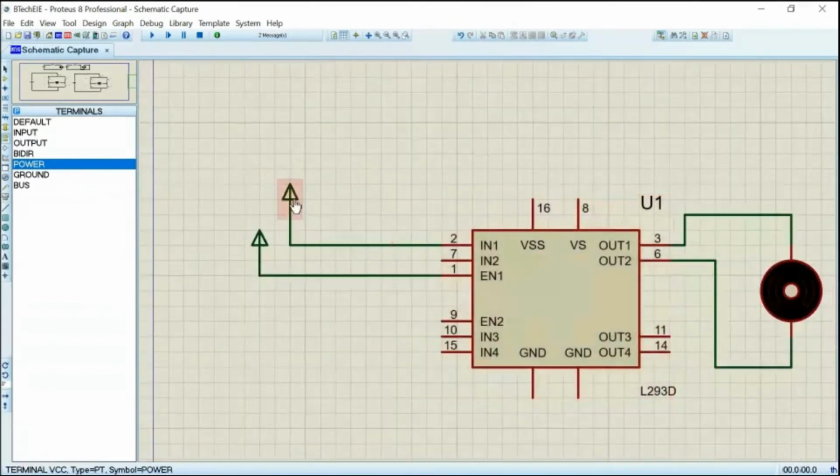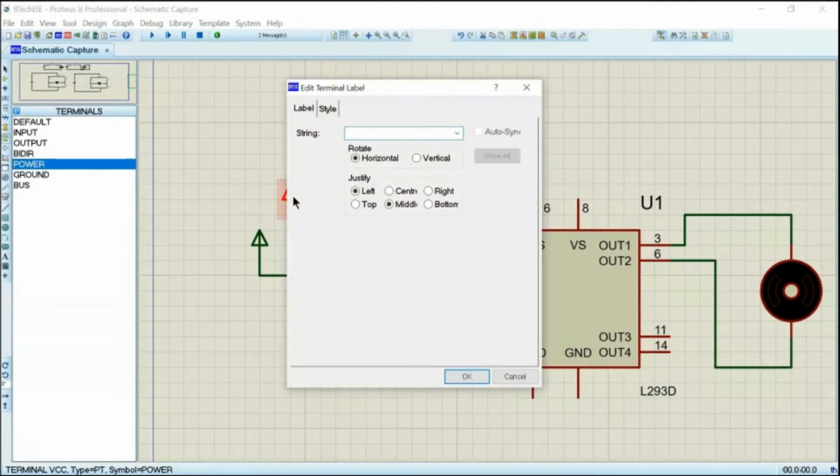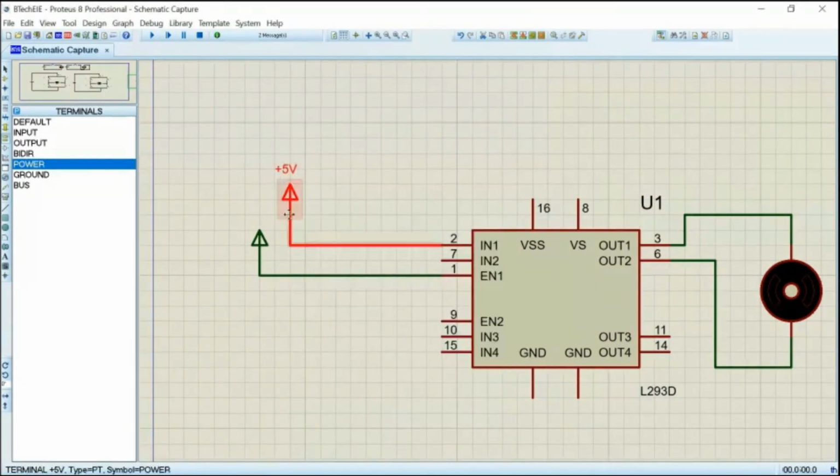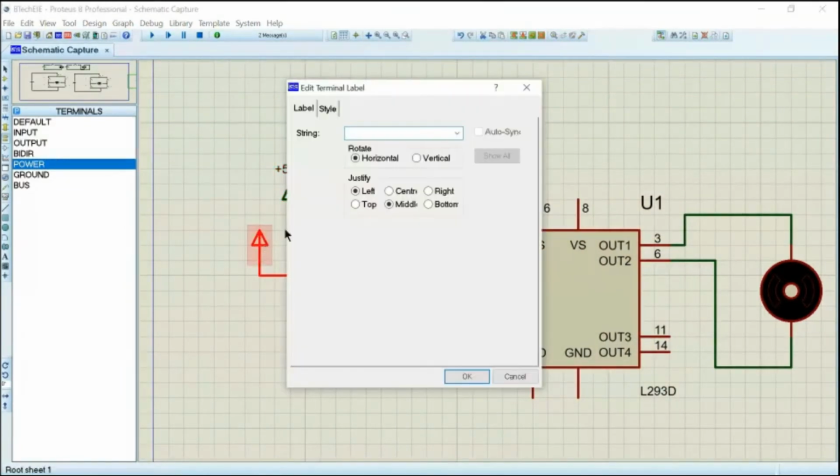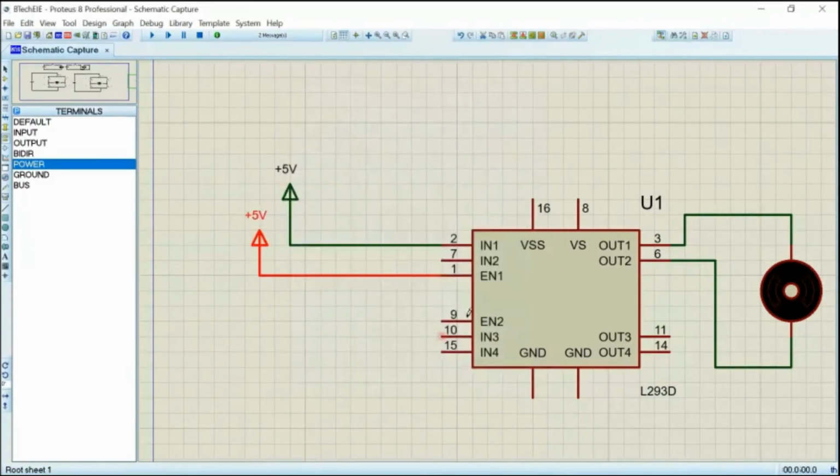You know what is the meaning of this terminal, all of you? This upward pointing arrow is called power. This always supplies plus 5 volt. If you want to have that, I can show that here. Plus 5 volt means this terminal supplies plus 5 volt always, which means it is always high. Similarly, this terminal is also supplying plus 5 volt. Enable is continuously on. In 1 is continuously on.